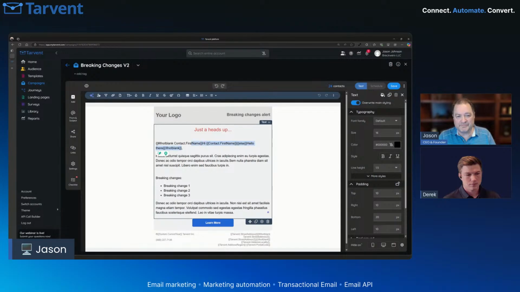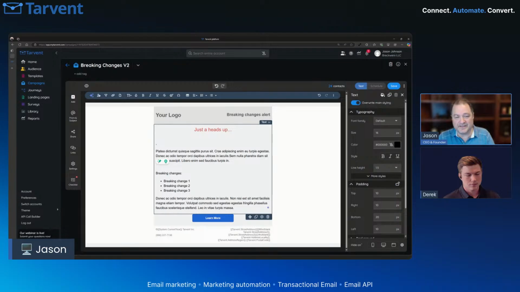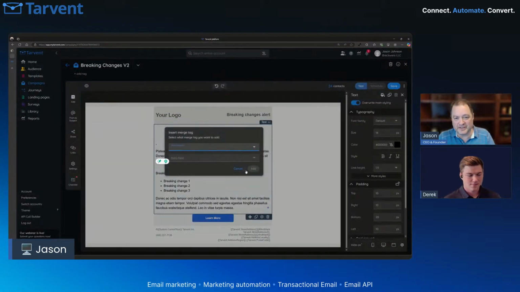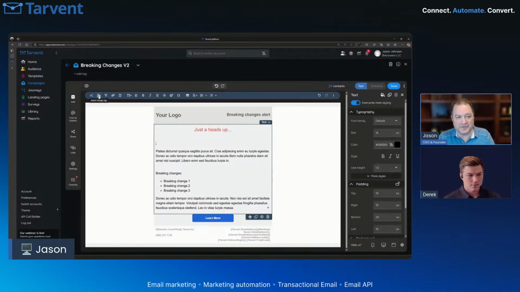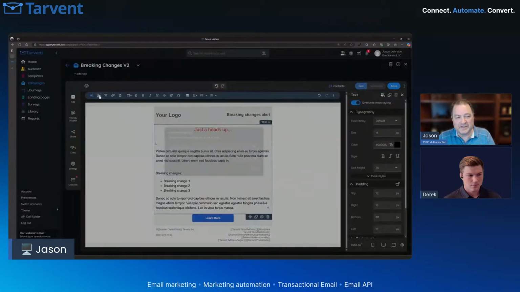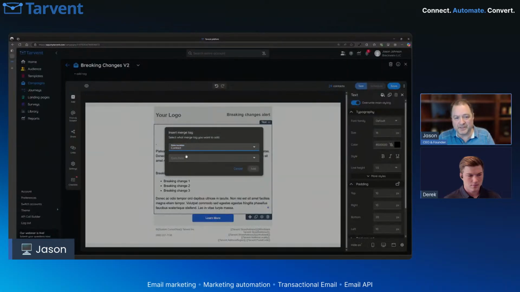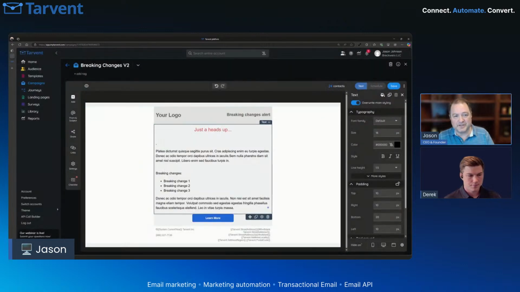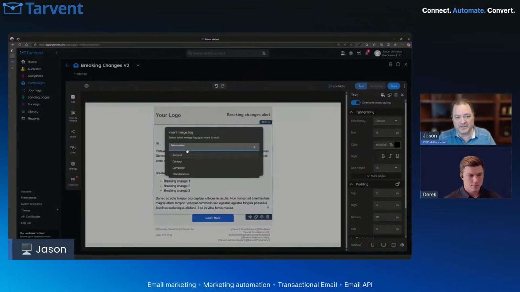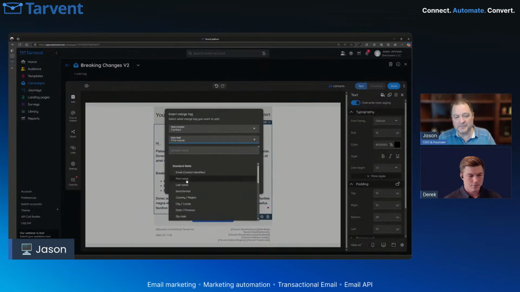So this is just a junk email. I don't know the language that's in here, but we're just going to go with it says nice things. If we want to insert personalization, in here I can go to this insert merge tag. Insert merge tag, I can pick a contact and say first name. So I should say hi, and then I want to put in their first name. So I'm going to go to contact and put the first name.